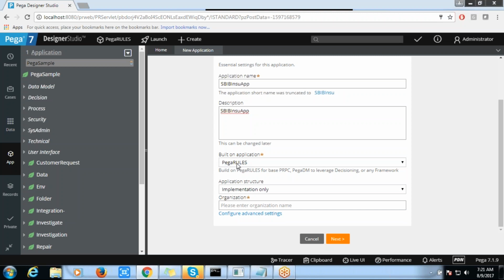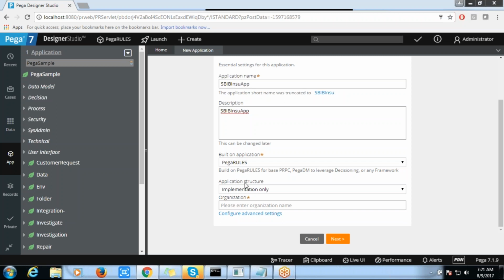Maybe in organizations, they might have frameworks which are already there. So you are going to choose that framework, or you are going to choose Pega rules. In Personal Edition, only one application is available, that is Pega rules. So you are going to create the application on Pega rules.